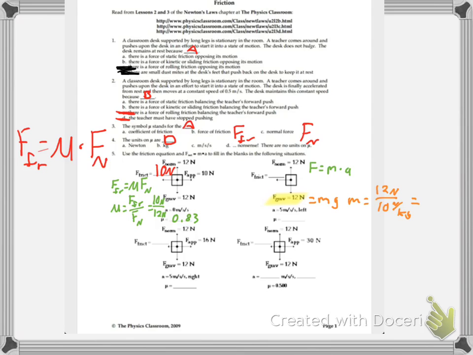So we will get a mass of 0.83 kilograms. 0.83 kilograms will be our mass. So now if we want to go back up to our Newton's second law part, we now have a mass of 0.83 kilograms, and we have an acceleration of 5 meters per second, which means that our friction will then equal